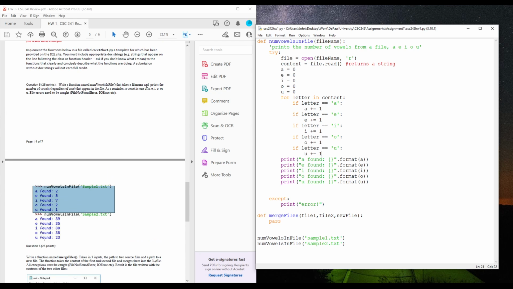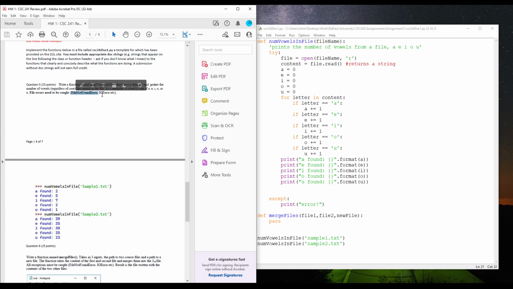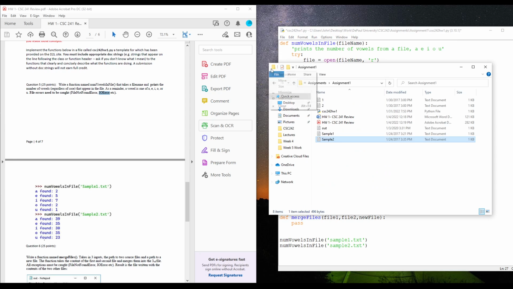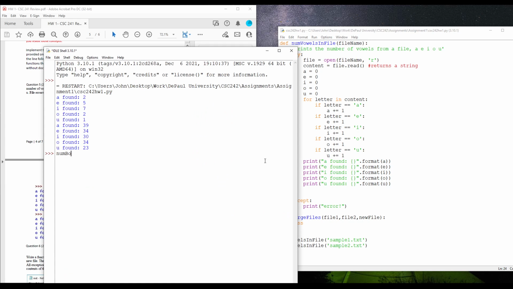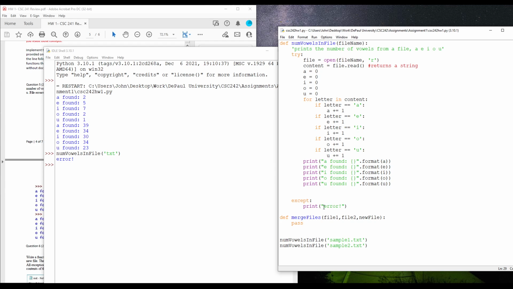Now, there's one more thing I want to take a look at. You'll see here that I need to catch some errors, such as file not found and IO error. The way you do this in Python is with a try and except, whenever you encounter an error, such as trying to open a file name that doesn't exist, as demonstrated like so. If I do num vowels in file and I just do txt,